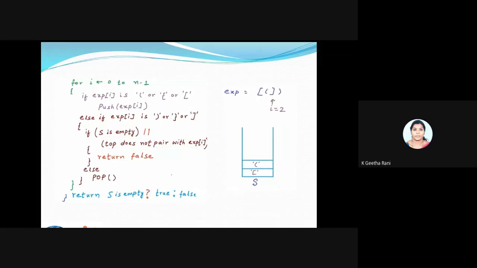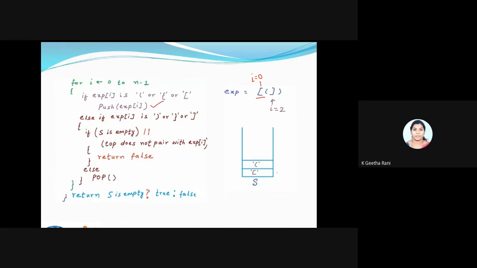Another expression, the same pseudocode is here. You can see the expression here. I'm trying to put each and every bracket inside the stack. I'll take the first bracket. It gets inside your for loop. For this particular term, my i will be 0. If expression of i belongs to an open bracket, push this bracket.